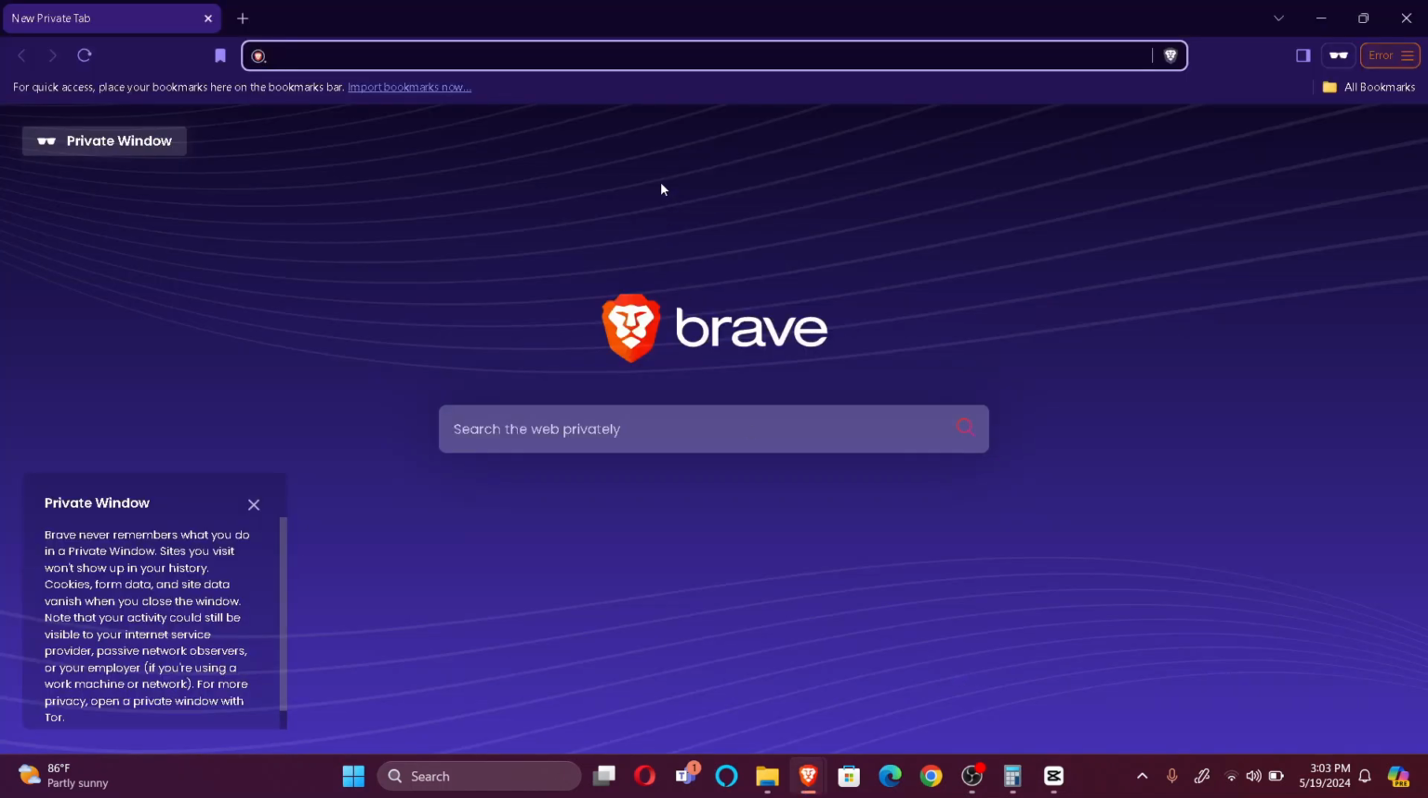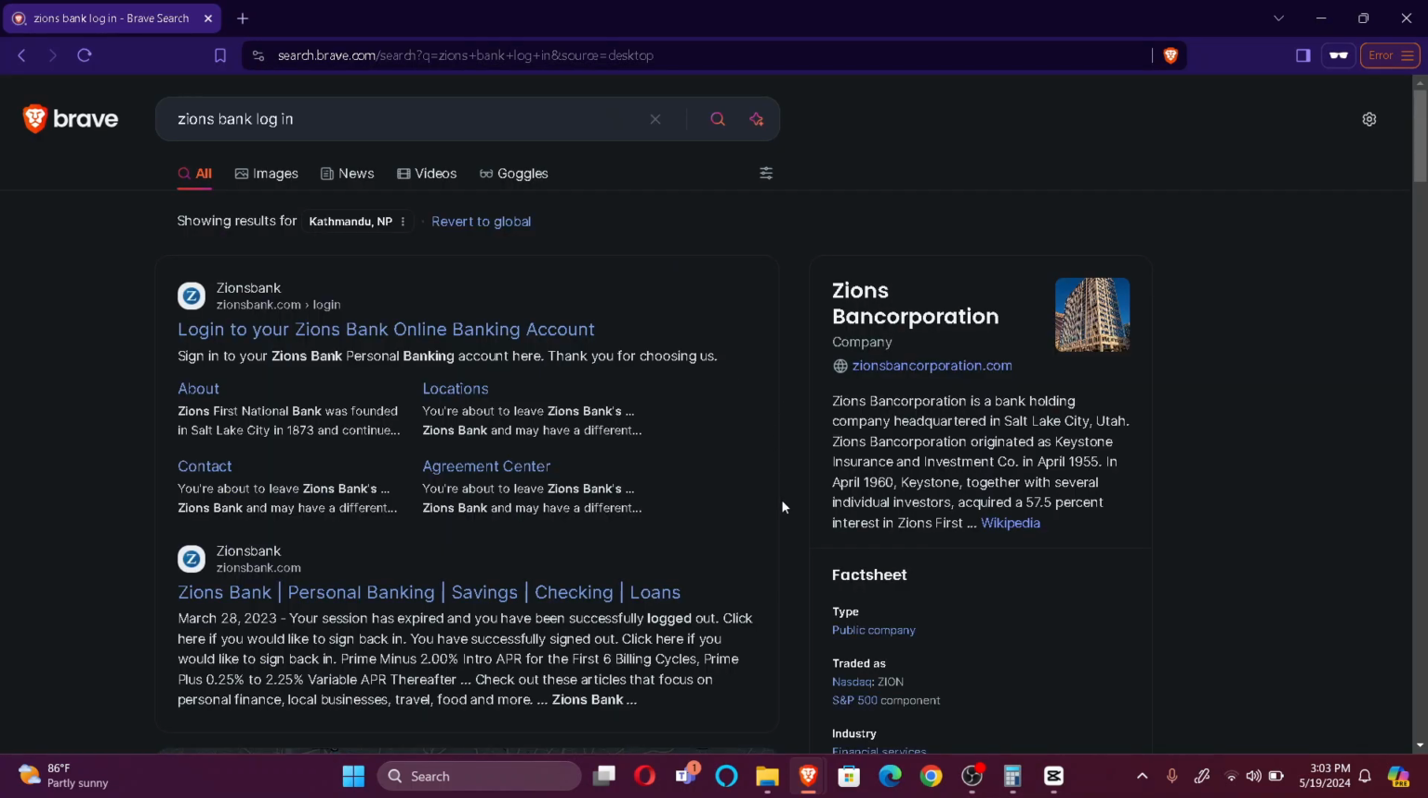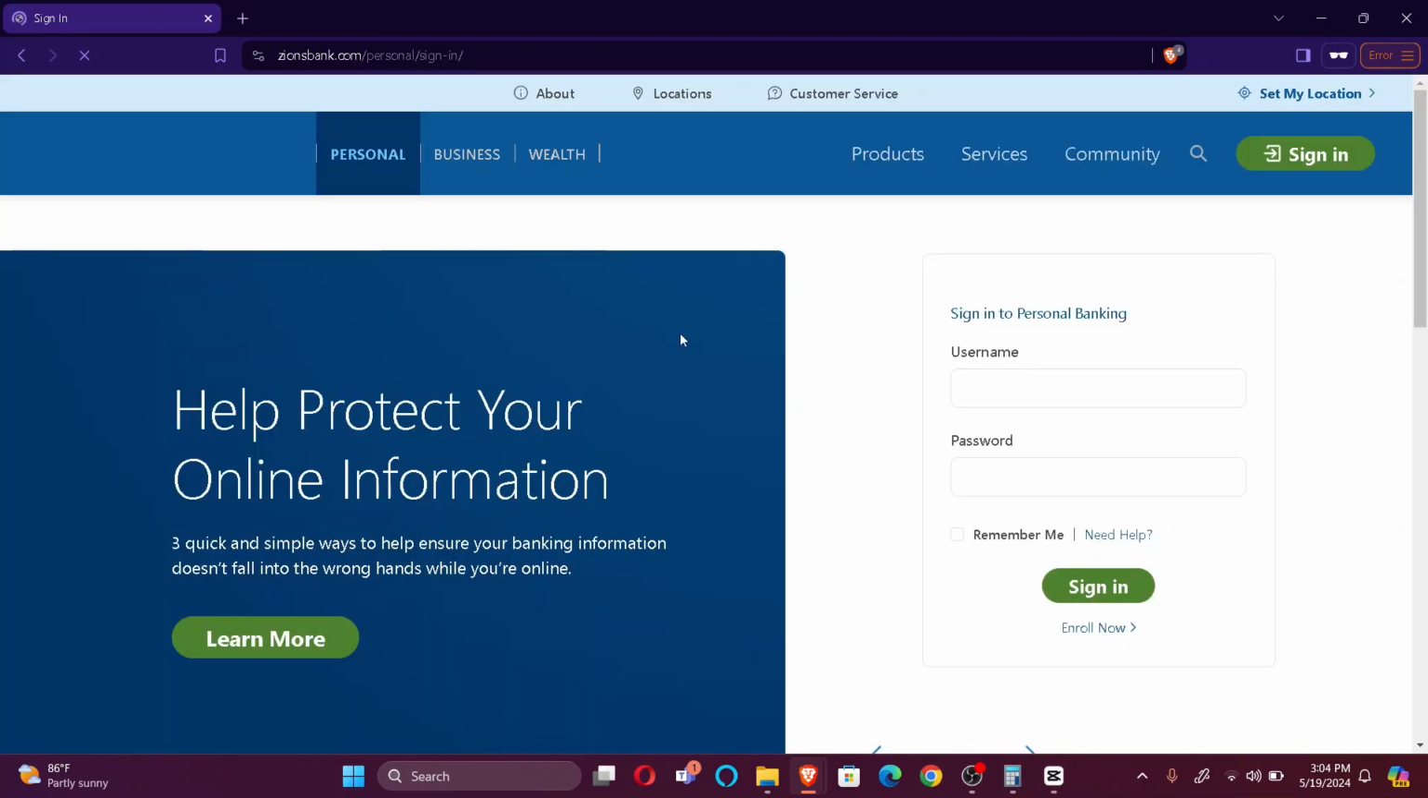Firstly, open your default browser and search Giants Bank Login. After you make the search, you'll find the login to your Giants Bank online banking account on top of your search list. Just click here. Now, you will be redirected to the login portal where you simply have to enter your credentials